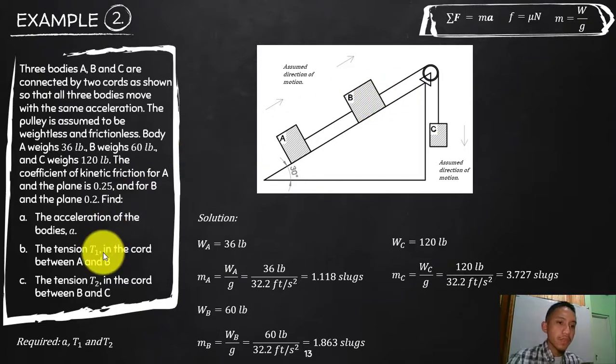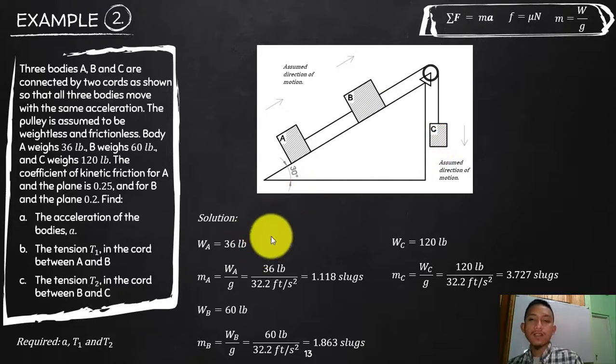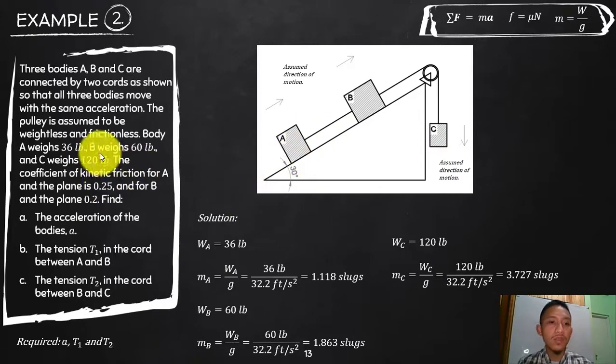Okay? So again, that is our unknown, the acceleration of the bodies, and then the tension connecting A and B, and then the tension connecting B and C. Okay? So again, as I've said before, cut this down into parts and then expose the tension and then analyze the system. But first, since later on we will be needing the mass,